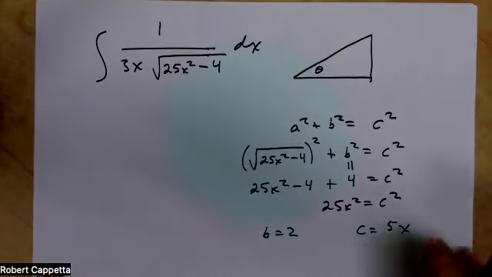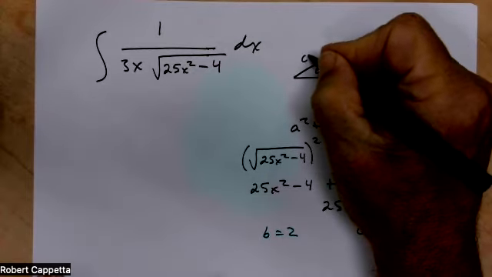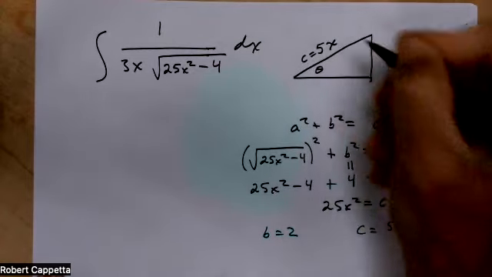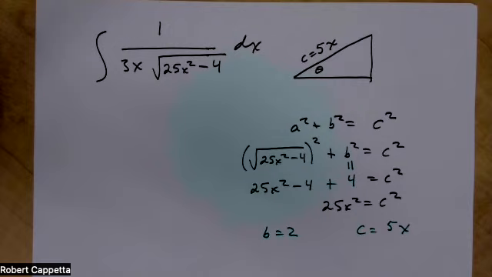C is 5x, that's the hypotenuse. Great. I need b to be 2, and I need a to be root 25x squared minus 4. So how am I going to do that? How am I going to do that? Well,